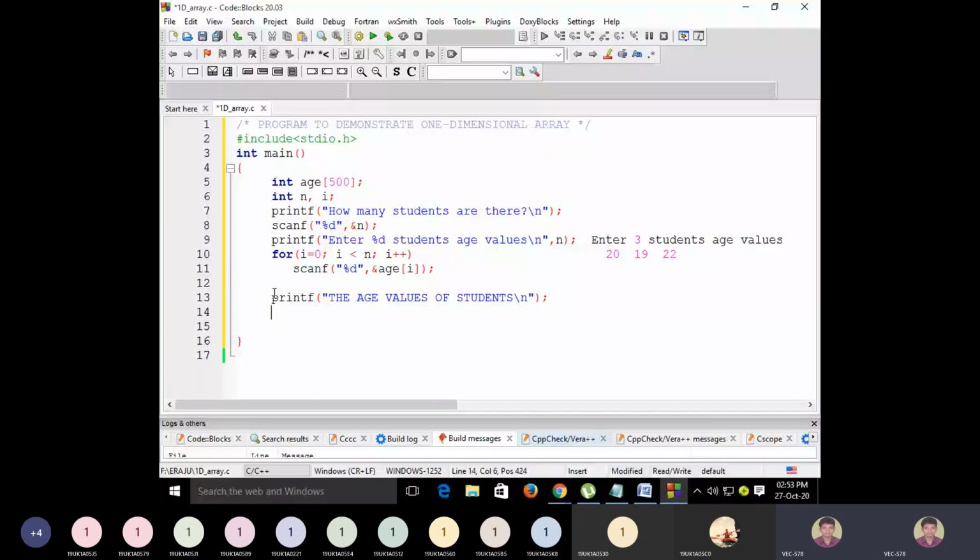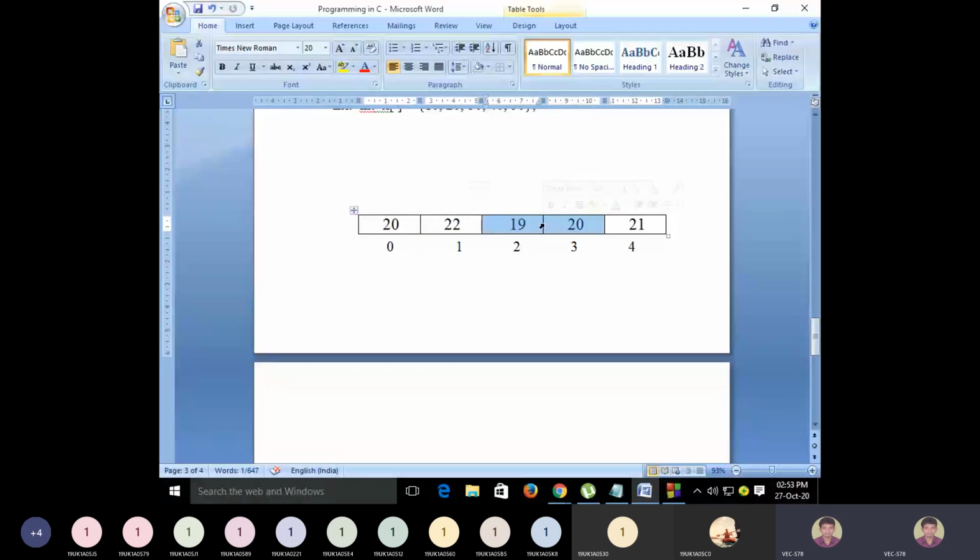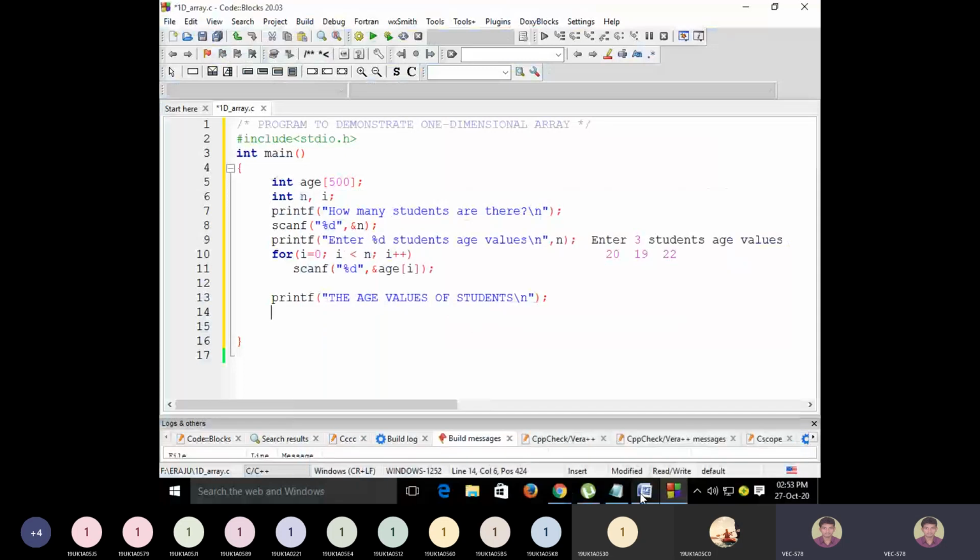Again you want to access these elements repeatedly: age of 0, age of 1, age of 2, age of 3, age of 4, reading one by one from this array. When there is a repetitive operation, you need to use a for loop here. So now the same for here.